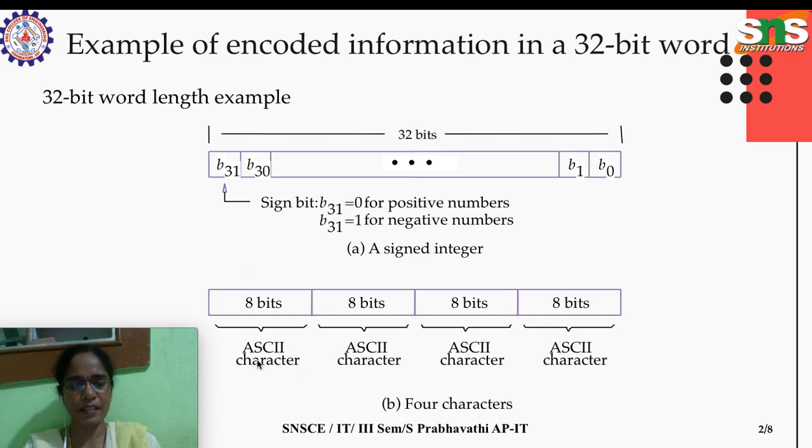for ASCII, okay. ASCII encoding takes 8 bits. Each character will be represented by means of 8 bits. So what happens here is, in 32 bits we can store 4 characters. Each character will take 8 bits, so totally 32 bits, okay. So in a 32-bit word length, using the ASCII encoding concept, we can store 4 characters, okay. I hope you understand why we can store 4 characters in these 32 bits. Please pay close attention to the concepts, otherwise it will be a little confusing for you.